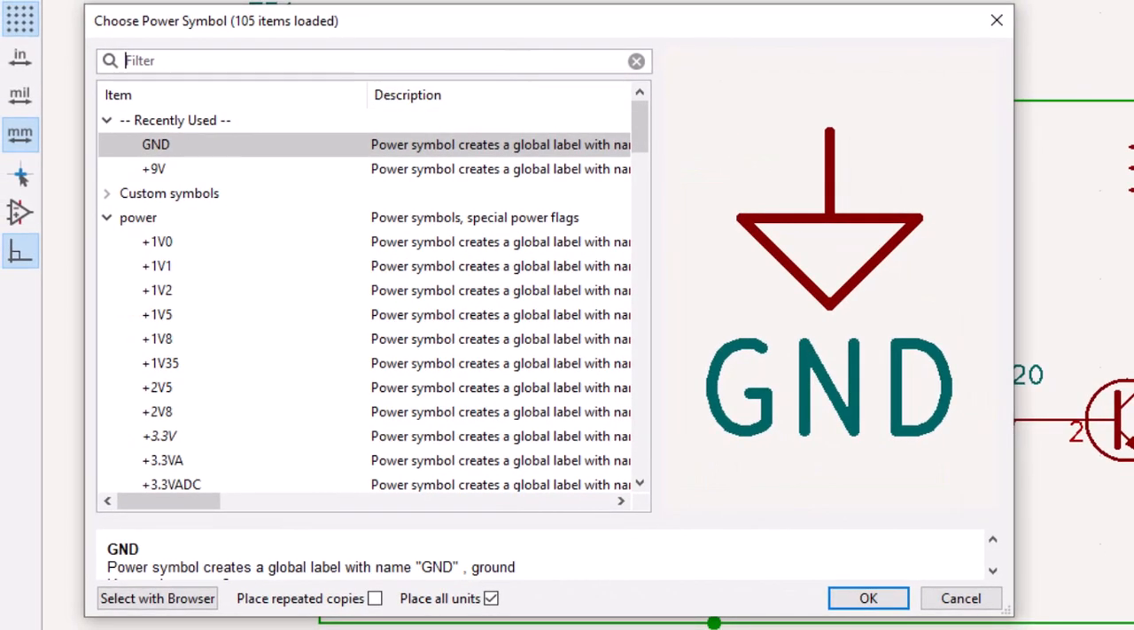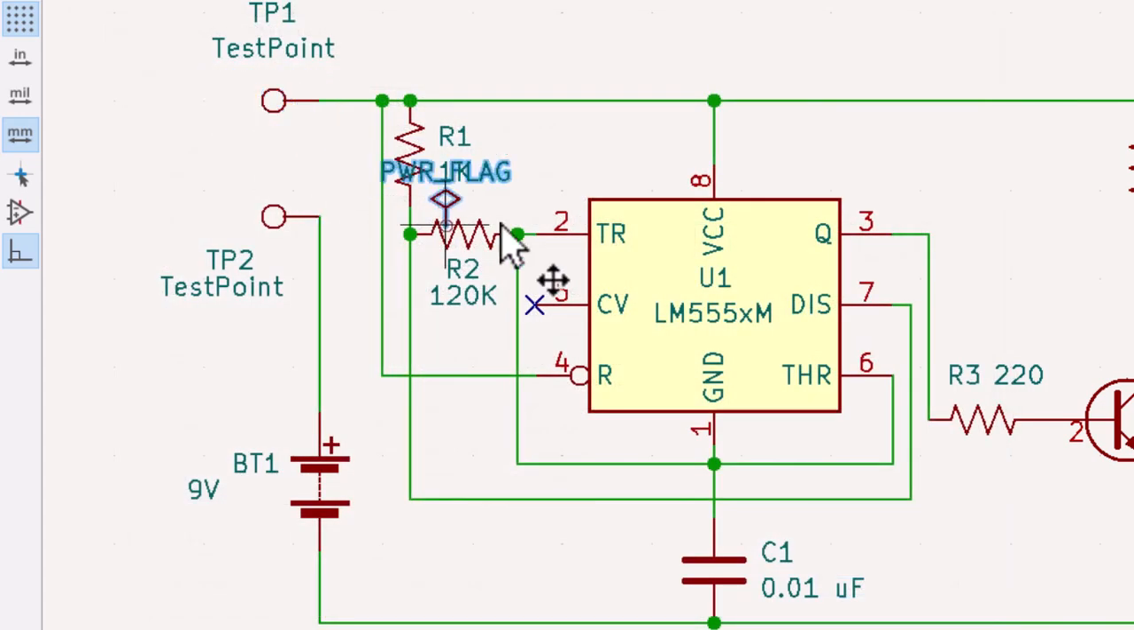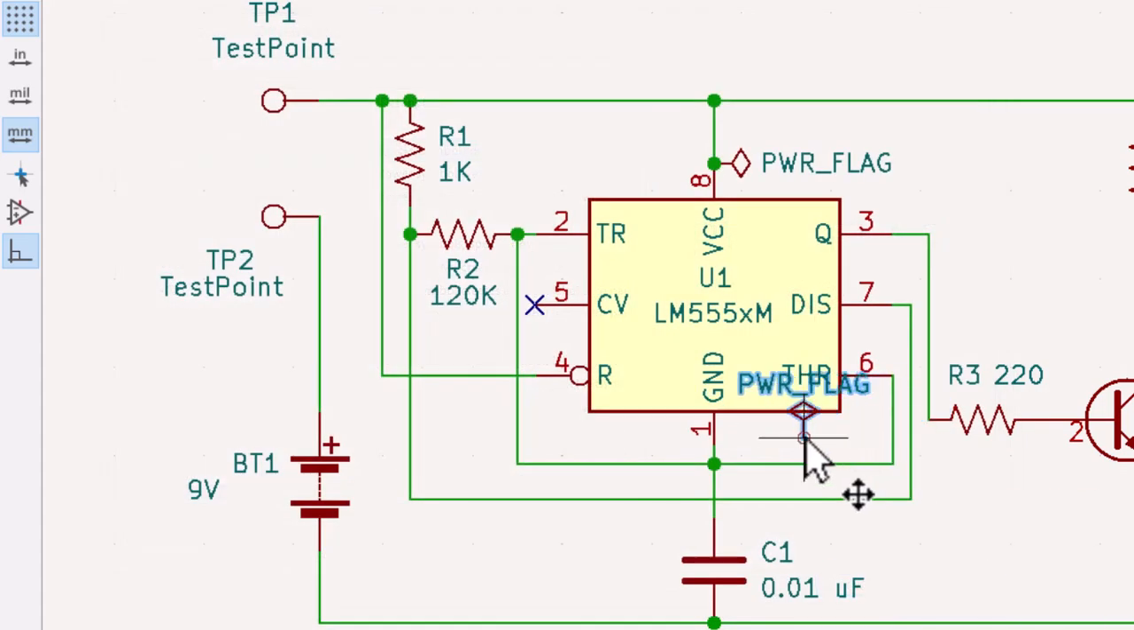So if I click on the add a power port, I'm going to tell it I need a power flag. Power flag symbol, I can attach it to pin 8. I'm going to rotate that so it's kind of out of the way and put it right there. Then I'll do the same for pin 1. Another power flag